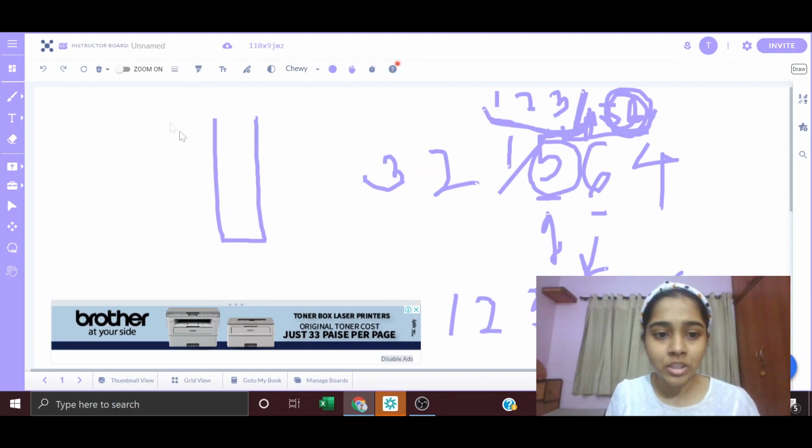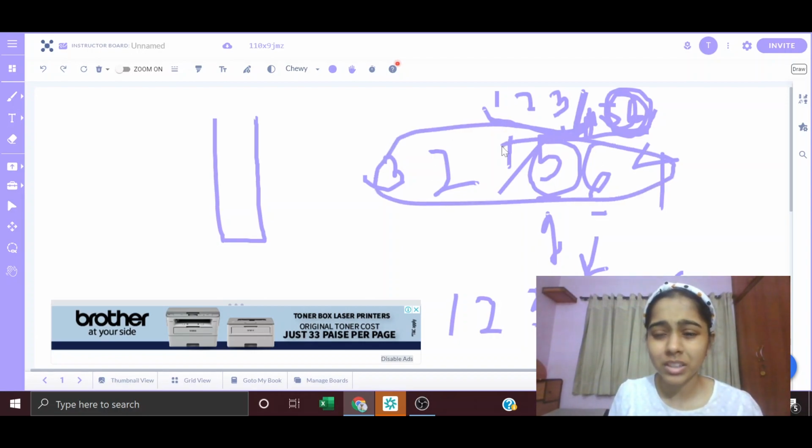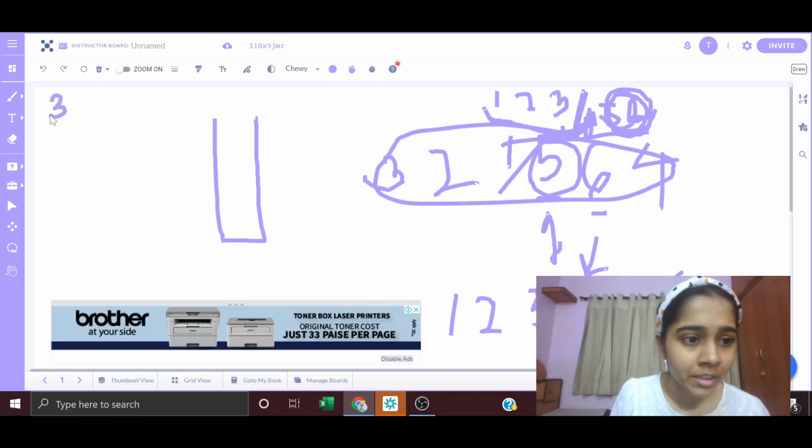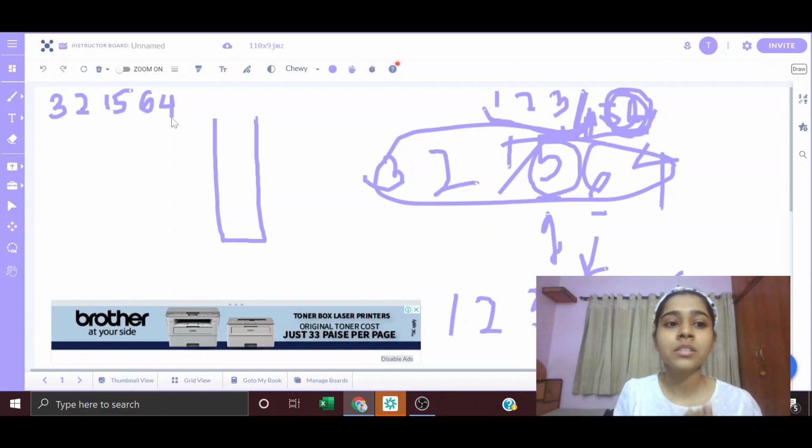So initially I would be given an input of 3, 2, 1, 5, 6, 4. This is our input. If you want me to write, let's write it: 3, 2, 1, 5, 6, and 4. Firstly, without sorting the array or anything, I will just push my elements